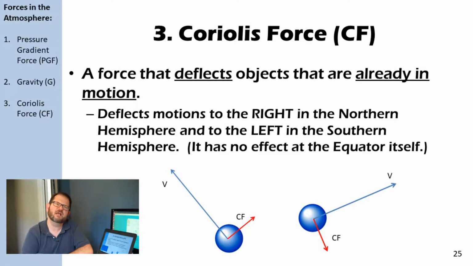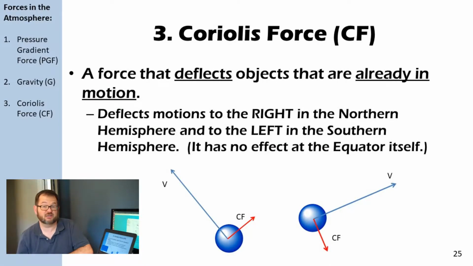Coriolis Force, what is this? It is named after an old dead white guy of science. His first name escapes me. Is it Gustav Coriolis? Something like that. An old French engineer who figured this whole story out in the 1800s. And he determined that there would always be, as long as an object was in motion,